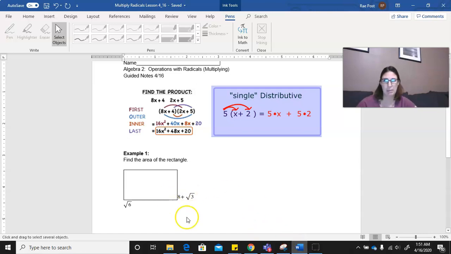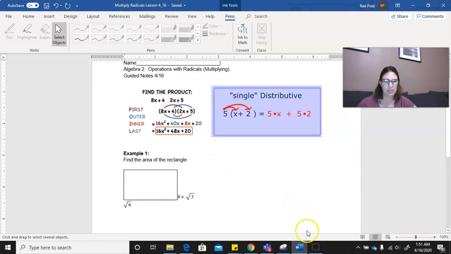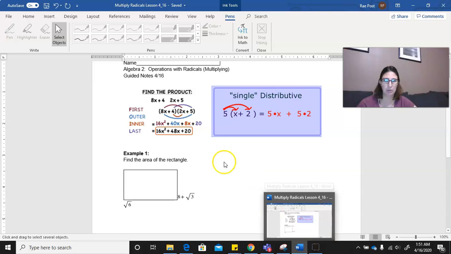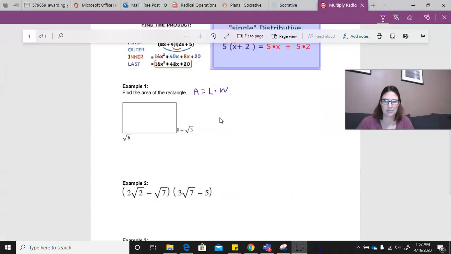I'm going to go ahead and get my pen working, so hang on just a minute. I'm going to pause the video, and if you guys need to do so to get out your notes, either write them in your notebook or write on the screen or print it out, whatever works best for you guys. Okay, so I had to go ahead and save this file as a PDF so I could go ahead and